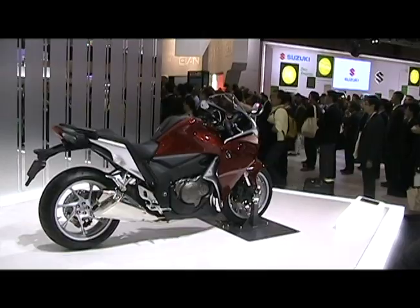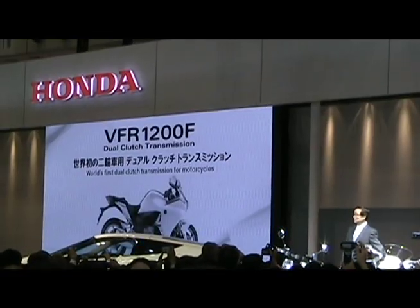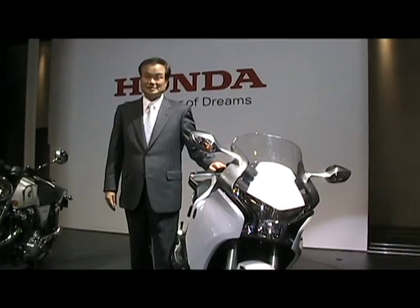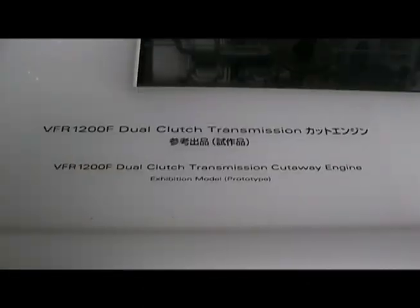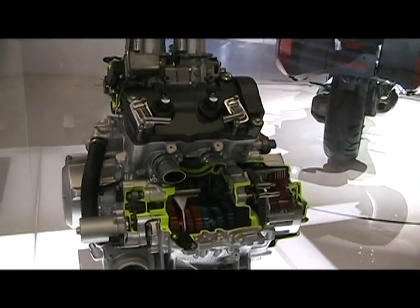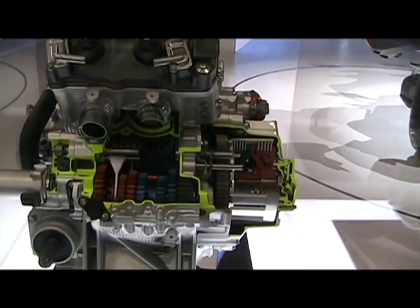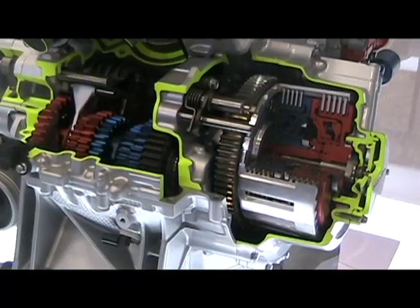Just a few weeks after the VFR1200's American unveiling, it was introduced at the 41st Tokyo Motor Show by Honda's president and CEO, Takanobu Ito. An avid motorcyclist himself, Ito-san had been at the helm of Honda only 4 months when he gave an impressive presentation highlighting the technical achievement that the dual-clutch transmission represents. That is, an automatic transmission that is small enough to fit on a motorcycle, yet capable of handling the tremendous power of a 1200cc engine. With separate clutches for odd and even gears, the dual-clutch transmission is able to deliver seamless shifts without interrupting power,